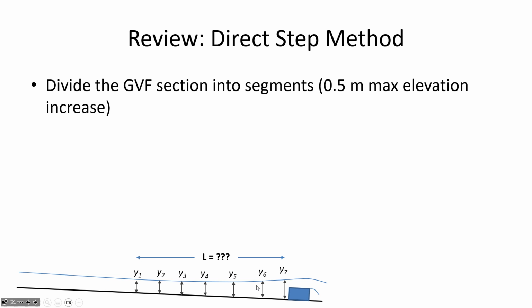Anybody want to speculate? What's the shape of the water surface look like? Is it a line or a curve? I think Elaine knows. Curve, you're right. It's a curve, yeah. And when we applied the direct step method, what we're doing is we're saying between 2